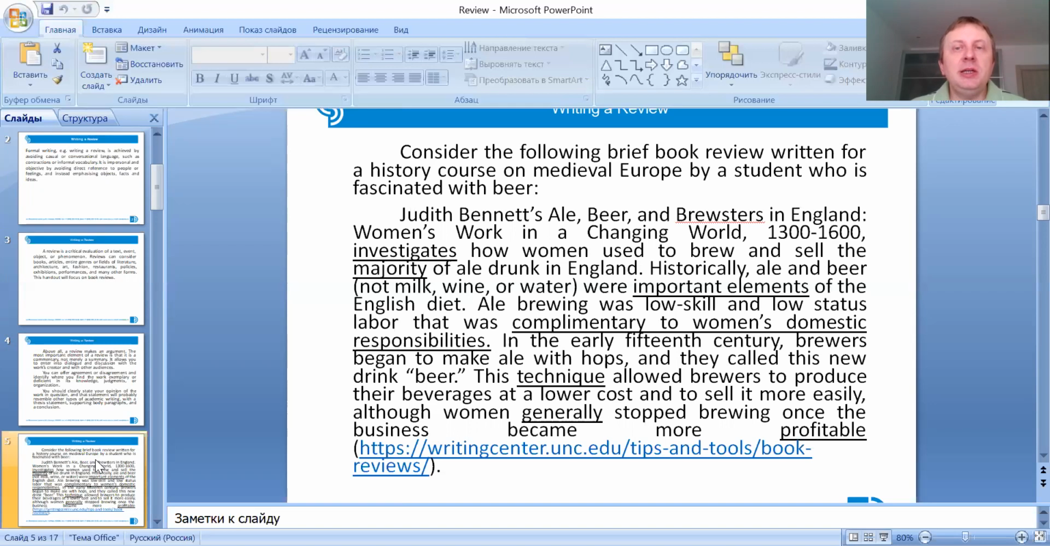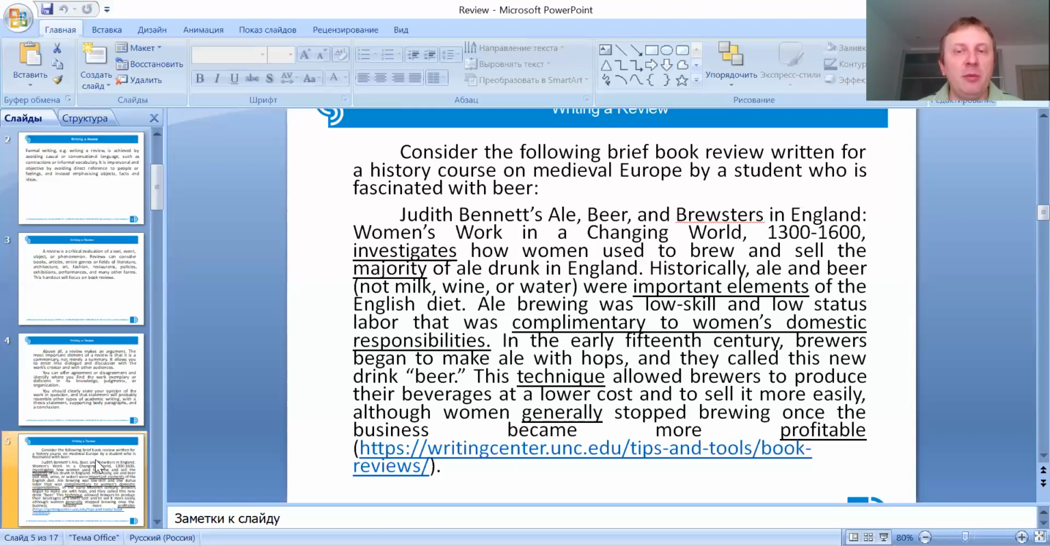Okay, so this is a brief book review, and so it is a review of a book about beer, as you have understood. Please pay attention to the fact that it is a piece of formal writing. You can have a look at such words as investigates. So Judith Bennett's book investigates how women used to brew and sell. That part is not formal language, but for example, such a phrase as the majority of ale drunk in England